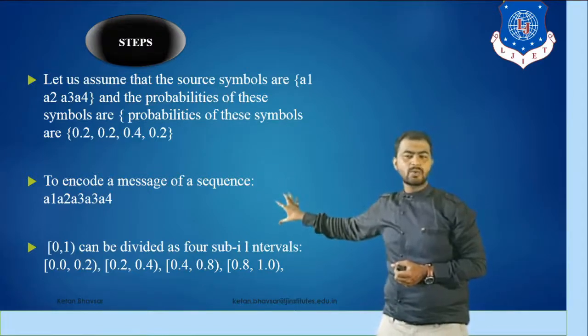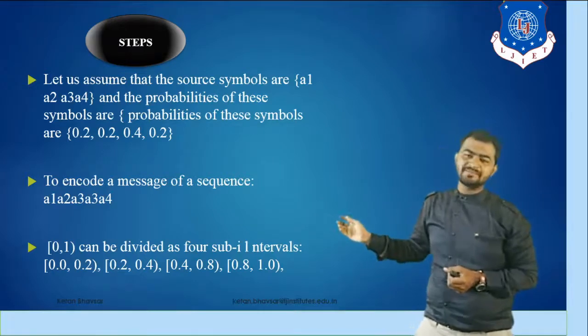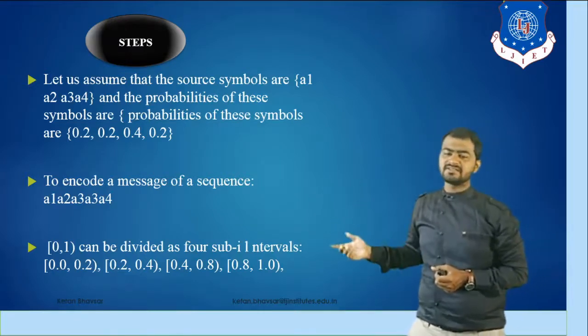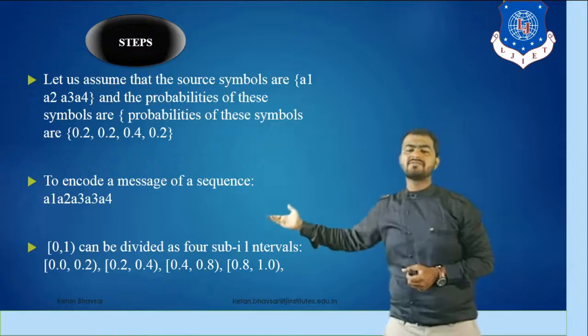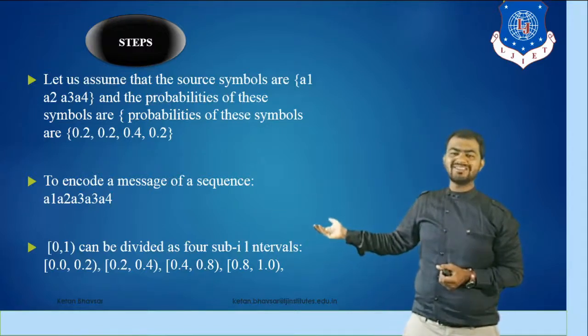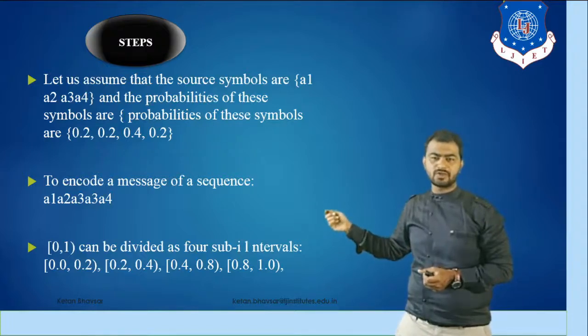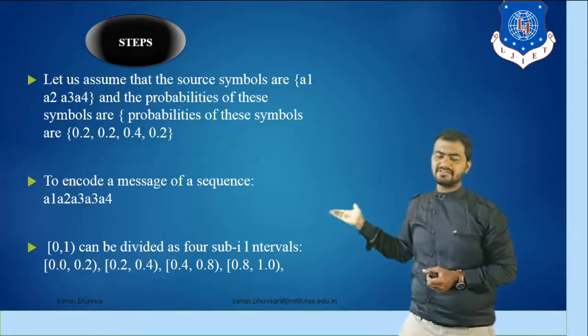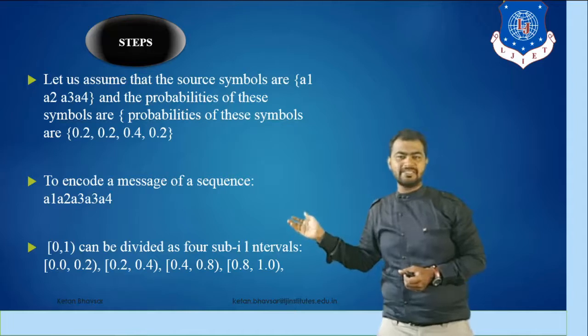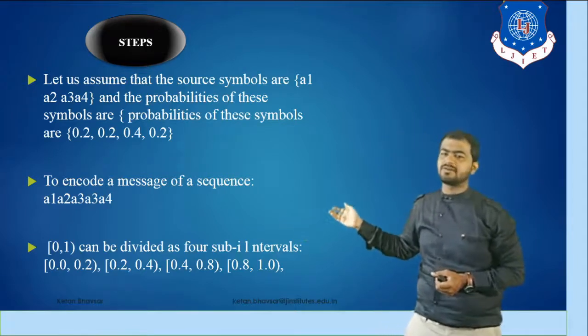So for that, as you can see, A3 appears 2 times, and A1, A2 and A4 appear once. So ultimately we have a total of 5 symbols. We have a range of 0 to 1, so ultimately you have to provide 0.2, 0.2, 0.2, 0.2, 0.2. We have 5 symbols, so we provide an equal 0.2 probability to each and every one. So ultimately the answer is equal to 1.